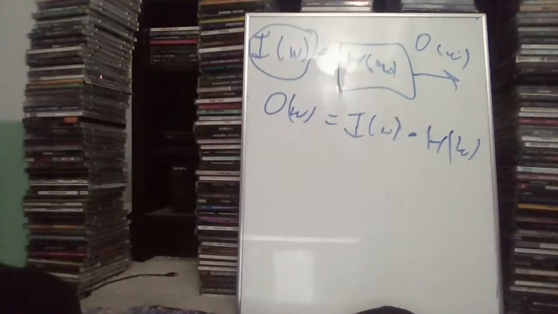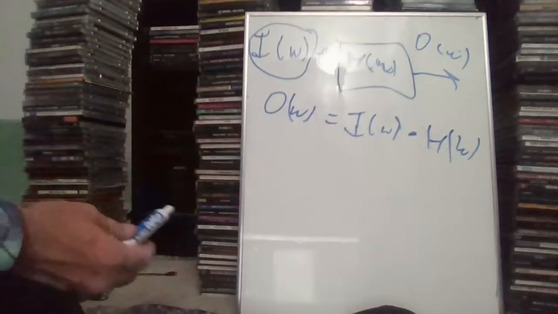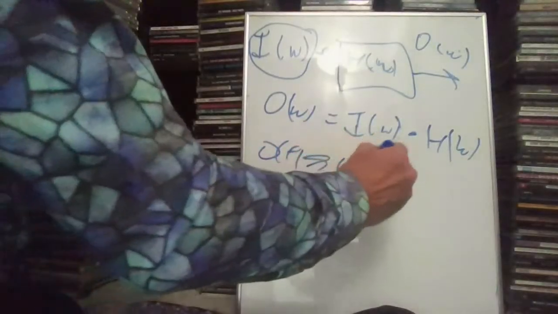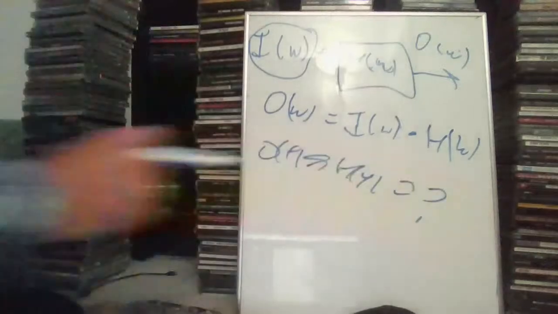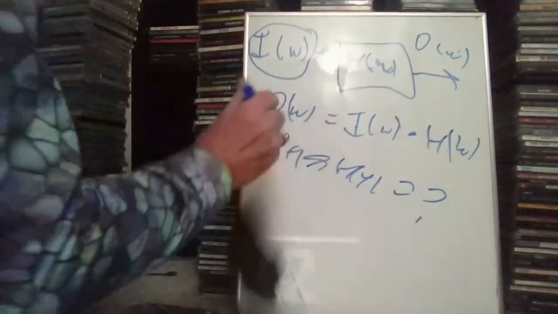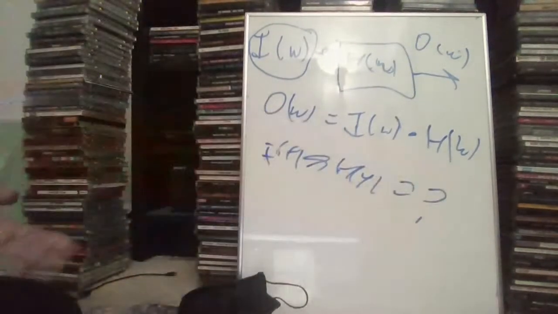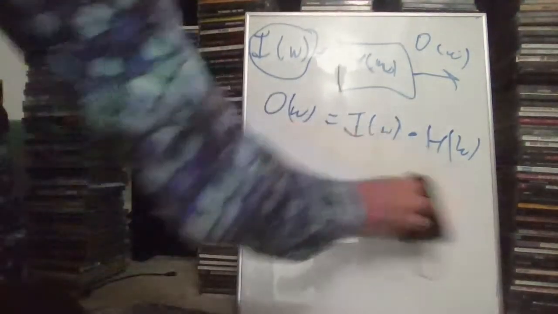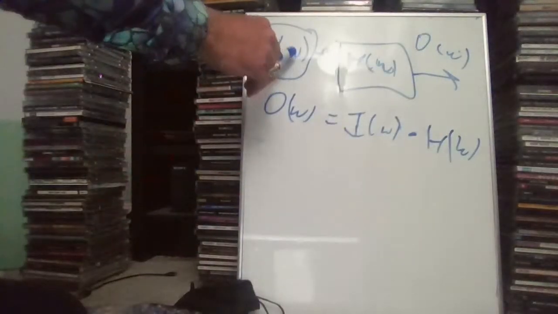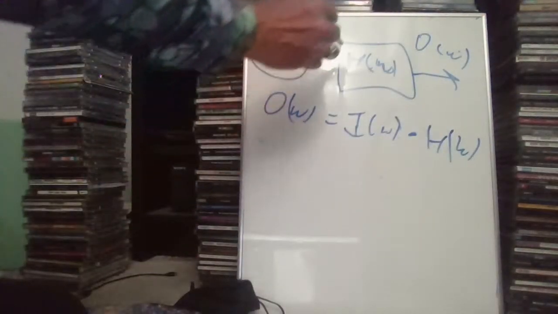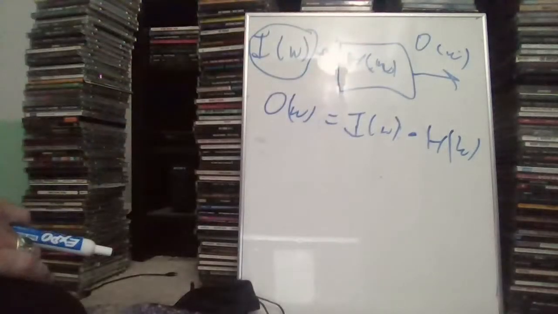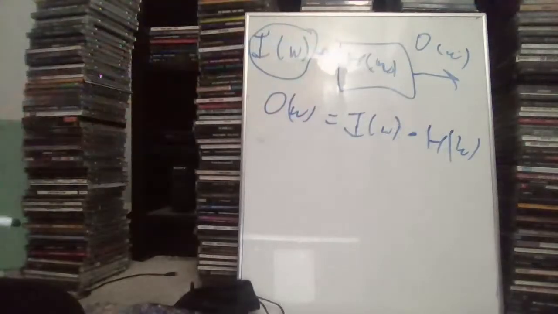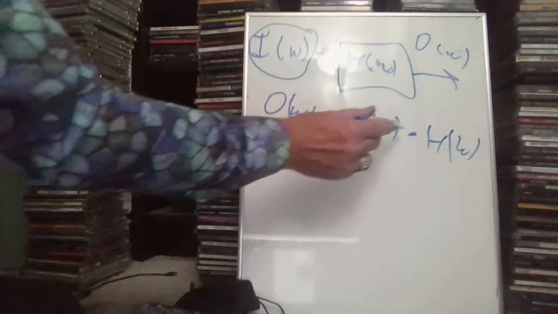That's beautiful. That does not work in time domain. In time domain, O of t goes into H of t, and God knows what, the input of t goes into H. We don't know what the output is. It's not so cut and dry. There's a lot of math involved. It would be hard. But if you transfer the input to frequency domain, and transfer the transfer function to frequency domain, then the output in frequency domain is just the input times the transfer function. So O of omega equals I of omega times H of omega.